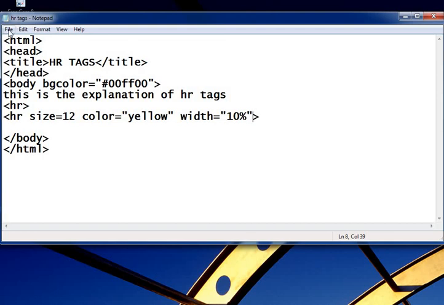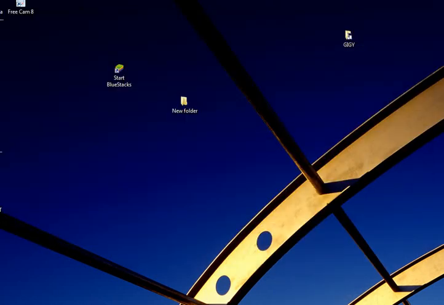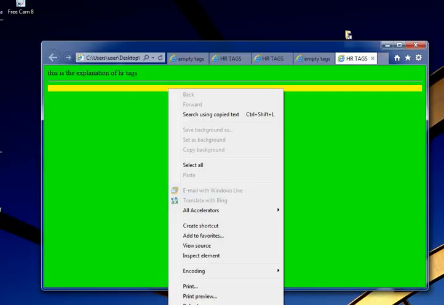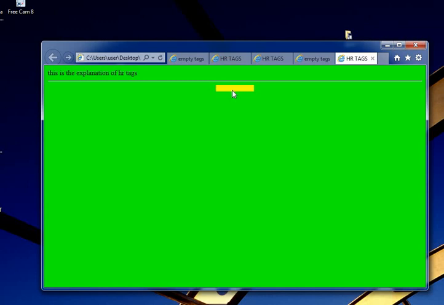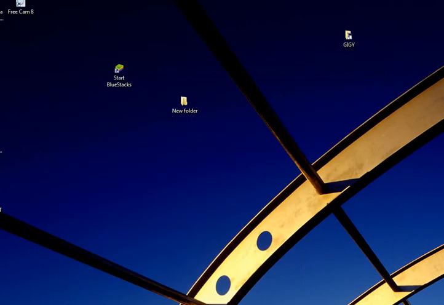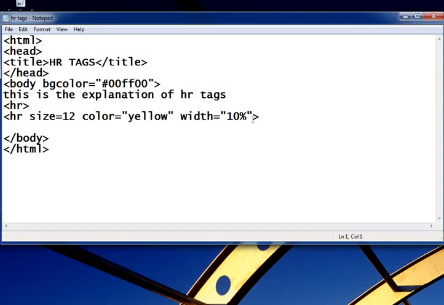Then I click the save button, again take the HR tags, refresh button. The small line with the thickness, size attribute, color attribute, and also the width attribute. There is no need of a semicolon in between these attributes.